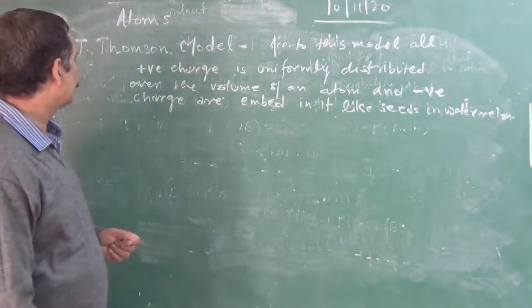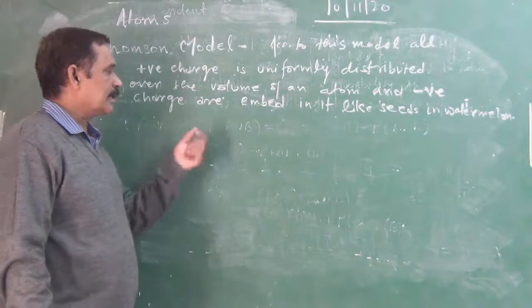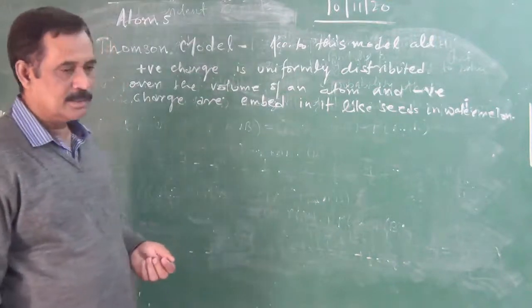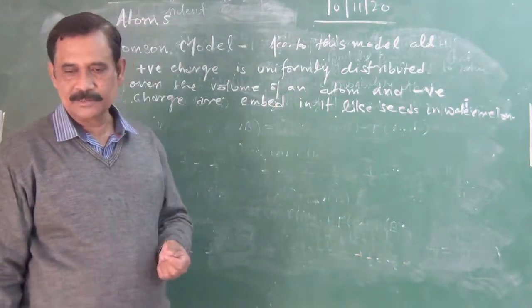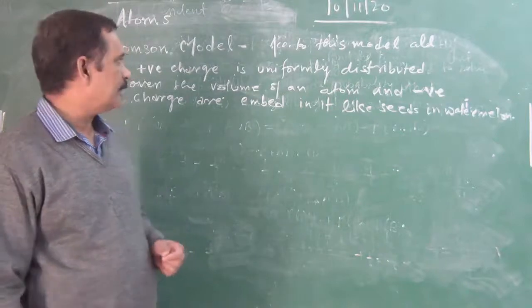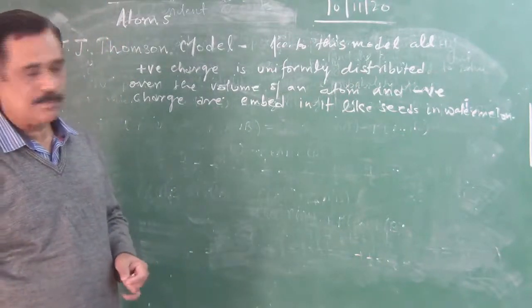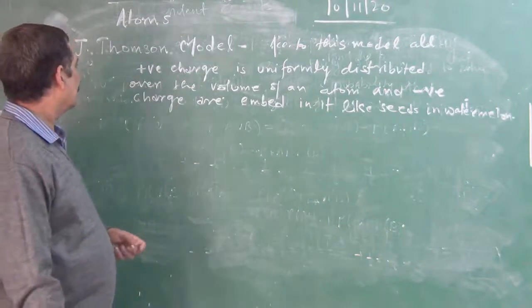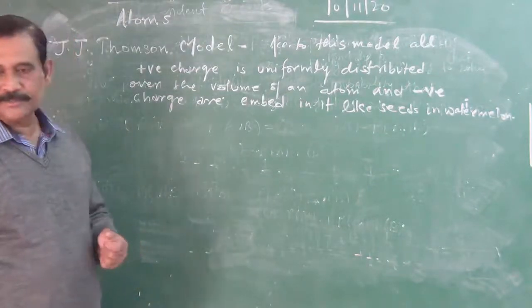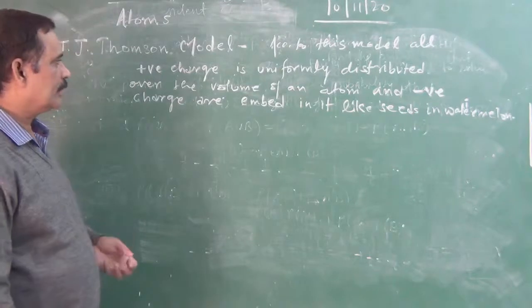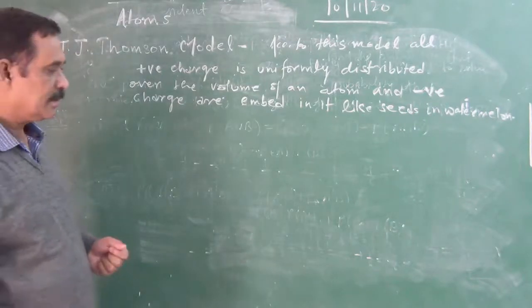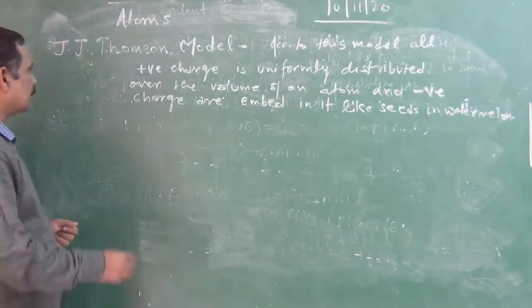Now, according to this model, the electron is not fixed, and the positive charge is also not fixed, or there is no definite position of the nucleus, where the nucleus exists. So according to the Rutherford model,